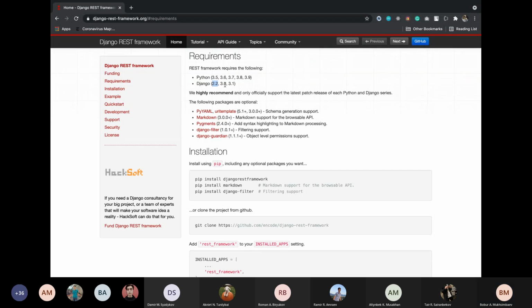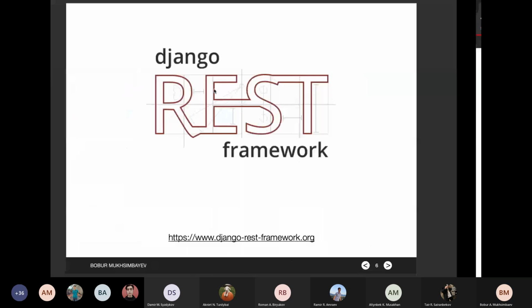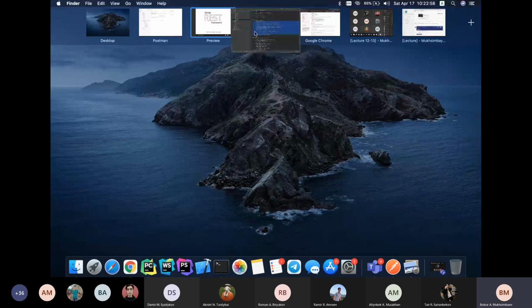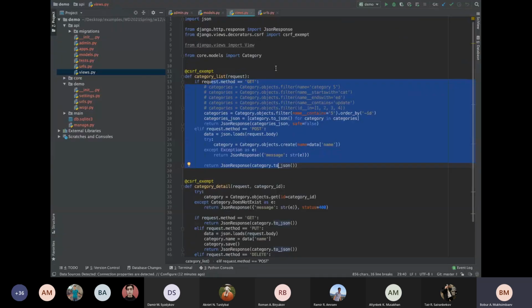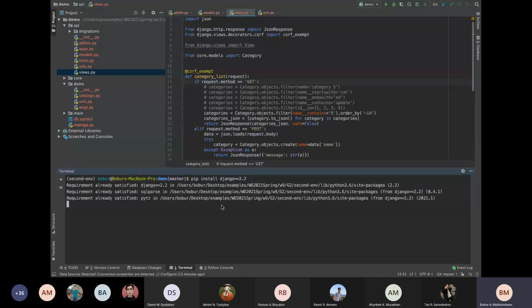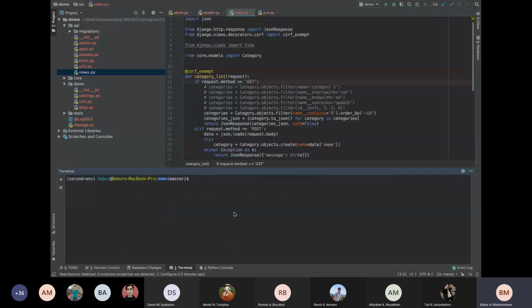So let's open here and pip install Django 2.2. It's already installed inside of this environment. So pip show Django shows 2.2, and Python here is 3.6. That's why all requirements are